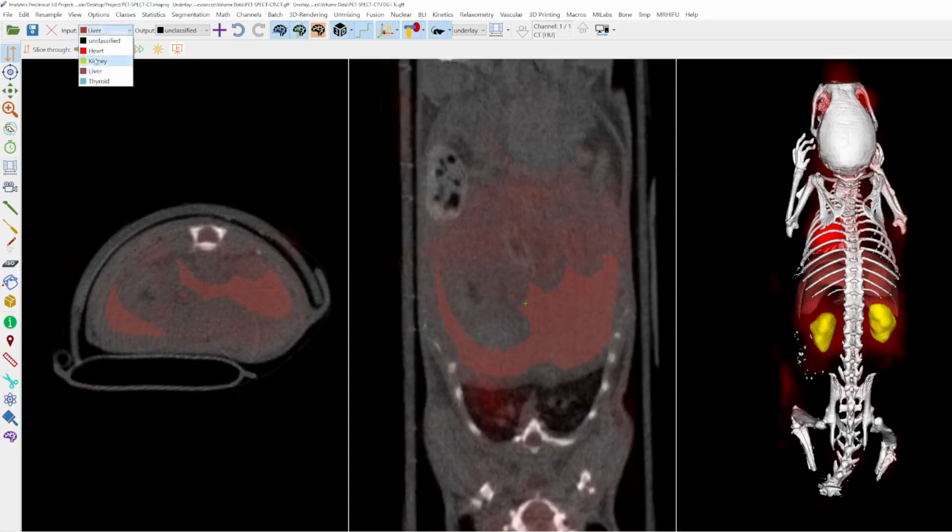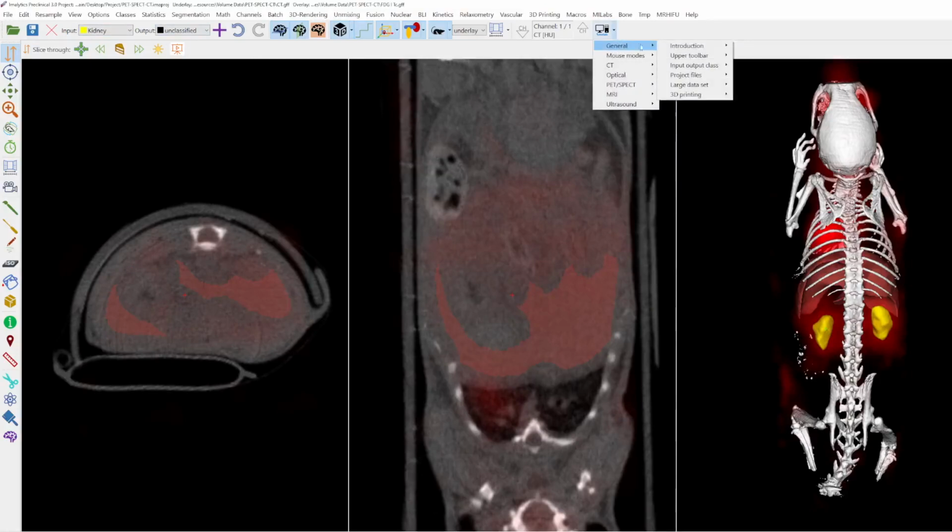When I go to the kidneys and perform it again, with 3 for example, only the kidneys are changed. So always keep in mind what is your input class and output class, and there's also another video about it, under general input-output class, explaining the input and output classes a little bit more in detail.